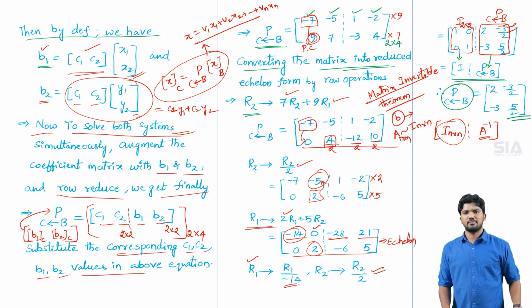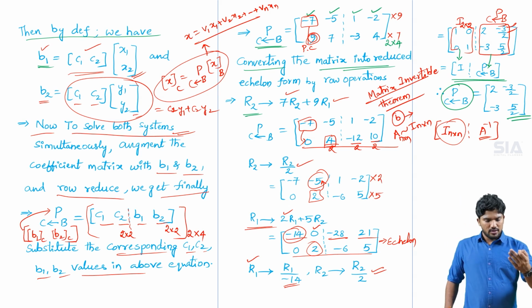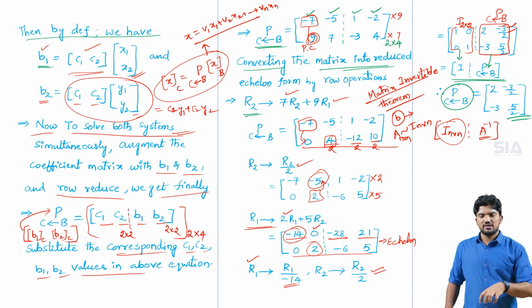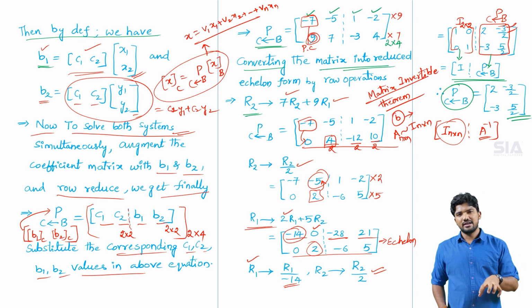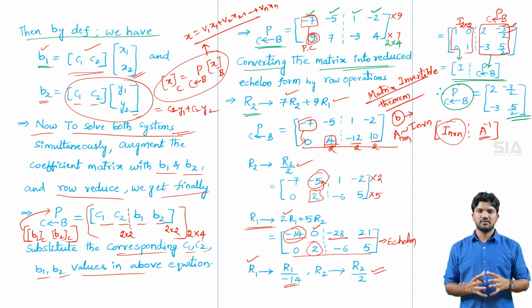So we did nothing here. We just applied the augmented matrix. After that we converted it to reduced row echelon form. So where we got the identity matrix, with the help of the identity matrix, the given matrix is row